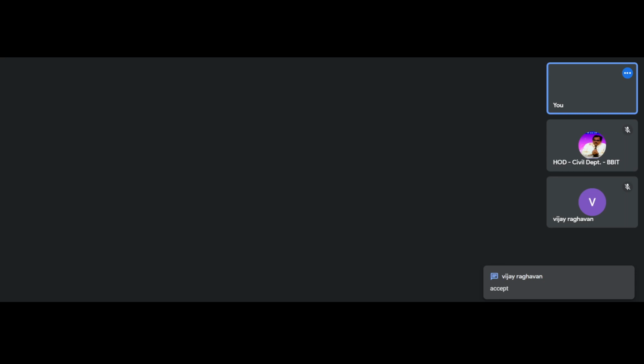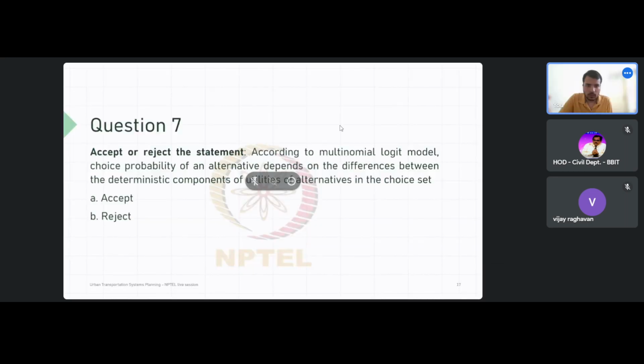So let's see the answer for this. So we are talking about multinomial logit model. So let's simply consider the equation that we saw some time back. So probability of 1 is given by e to the power V1 divided by e to the power V1 plus e to the power V2. Let's transform this. So 1 divided by e to the power (V2 minus V1) plus 1. So what you can see here is that choice probability, that is P1,